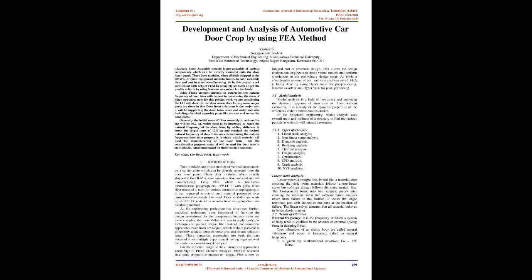Development and analysis of automotive car door crop by using FEA method. Abstract: Door assembly module is a pre-assembly of various components which can be directly mounted onto the door inner panel. These door modules, when directly shipped to the OEMs, original equipment manufacturers, save assembly time and cost in mass manufacturing. So in this project work is carried out with the help of FEM by using HyperMesh as per the quality criteria